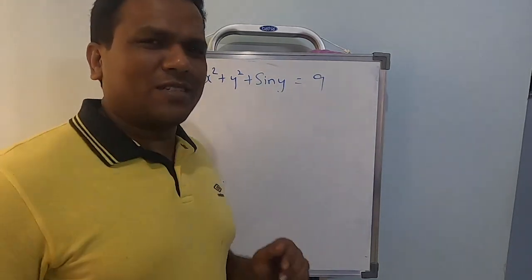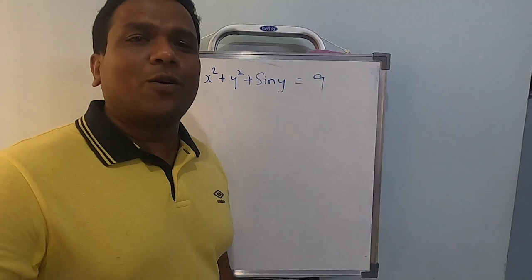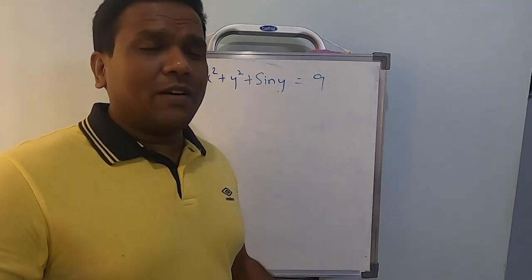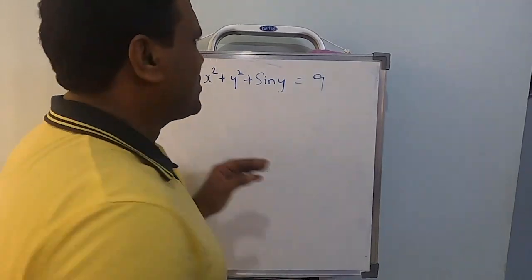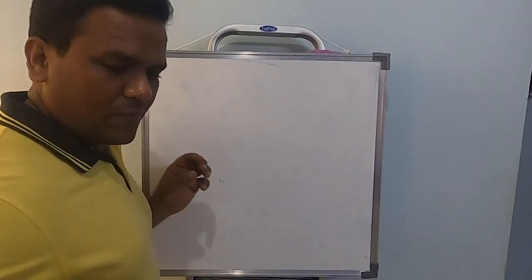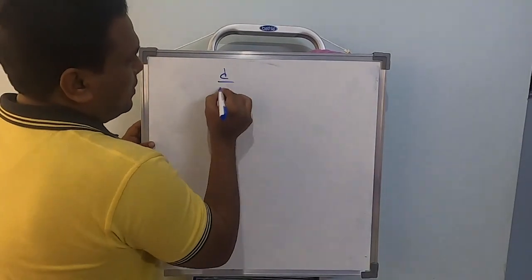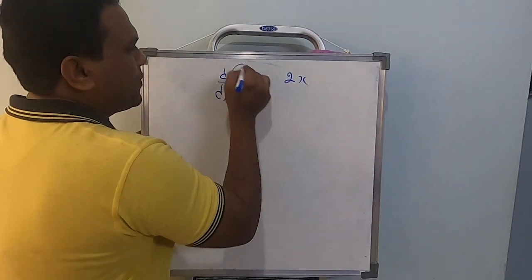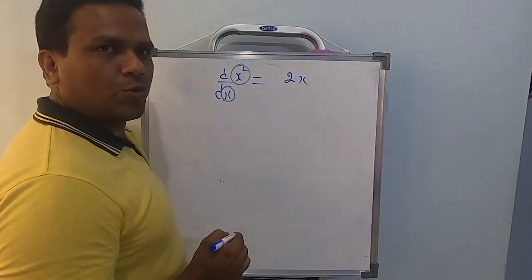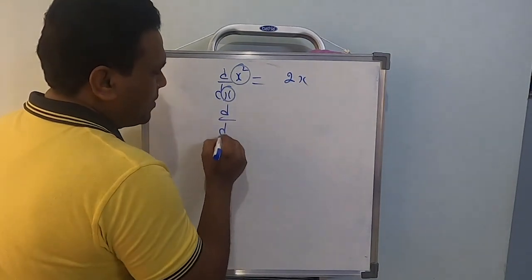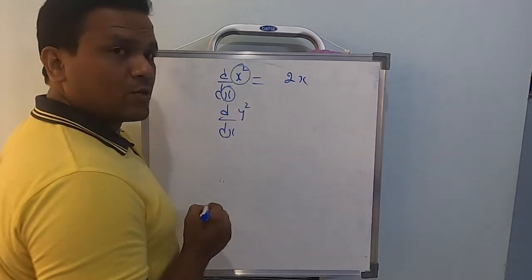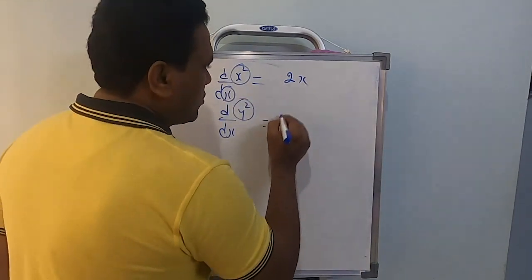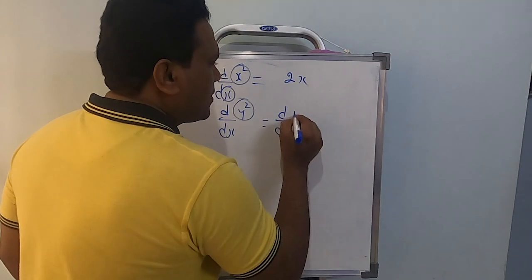Then how to do differentiation? There's nothing new actually, no such new formulas we are going to invent for this topic. Whatever we have studied, with a small change, I will teach you that. If it is differentiation of x square with respect to x, remember, it is 2x. But if I have differentiation of y square, it's a term of y, so this actually should be written as